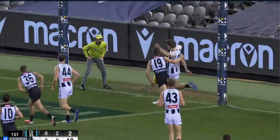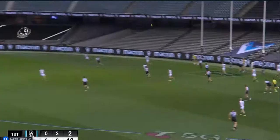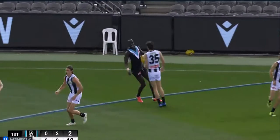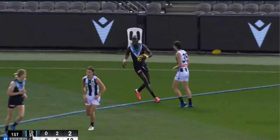So you can see here, immediately looks to the boundary, out that 45 degrees, long and high, out of the dangerous area in front of goals. Pumps it wide, but Port Adelaide's done a good job here. They've set up behind the ball in what we call a zone or a press. And what they've done here is intercepted the ball, and they're going to send it right back in to keep